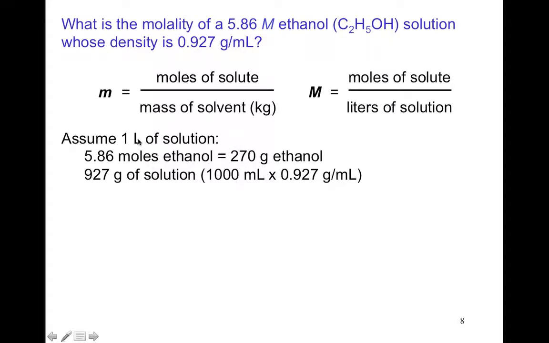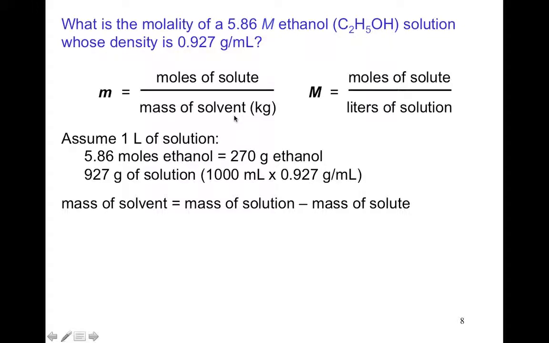So we say, okay, if we got 1,000 milliliters as our assumption, times 0.927, then we're at 927 grams of solution. Now it's really important because if we can figure out the grams of our solution using our density and the grams of our ethanol using molarity, then if you subtract the solute from the solution, you get the mass of the solvent. And that's what we need to find. And so that's exactly what we do. We say, if we want to know how much the solvent weighs, then we take our whole solution minus our solute, and we get